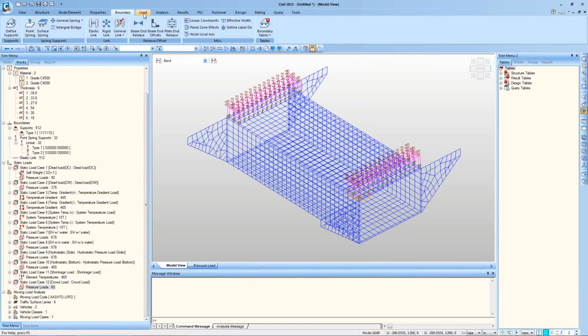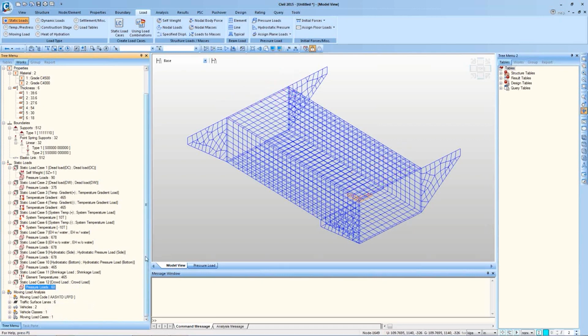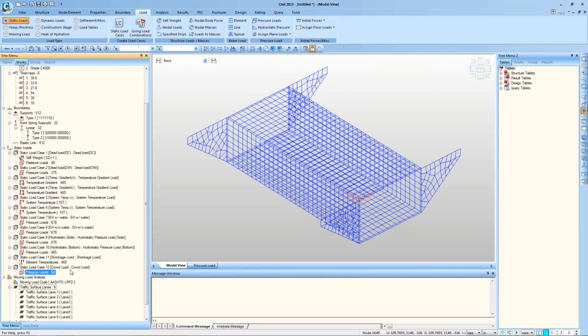So that's a good Excel compatibility, helps you change the model quite easily. And if some additional loads are to be defined, then we can go to Load tab, Static load, Temperature load, Moving load. Any sort of load can be defined as per the requirement. So software defines the loadings which are quite common in case of box culverts. Let me undisplay the load, and then we'll take a look at the moving load.